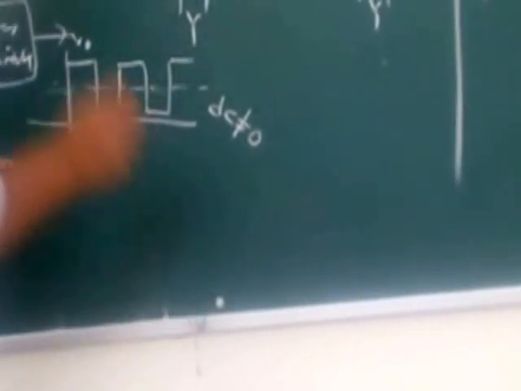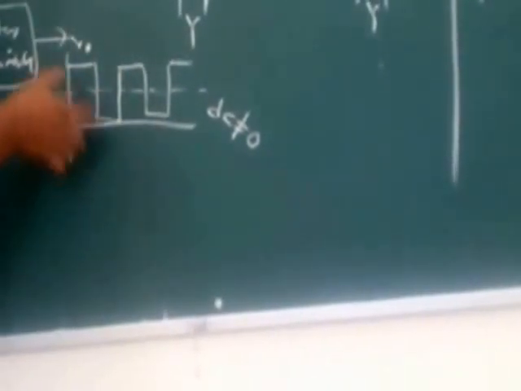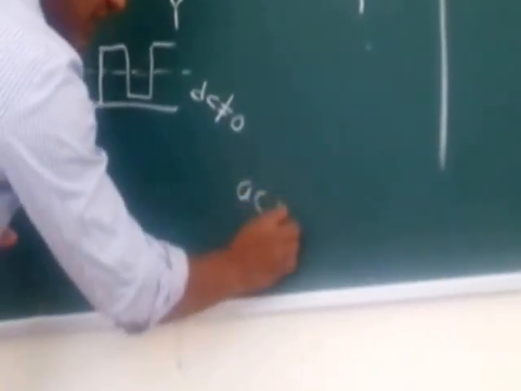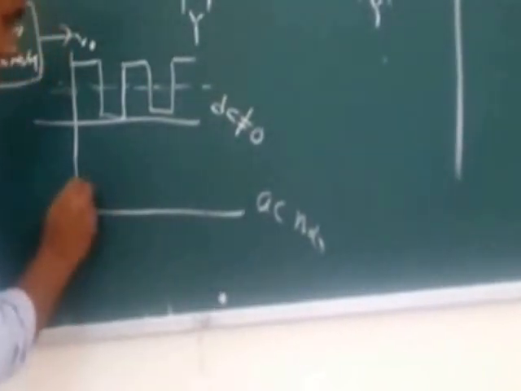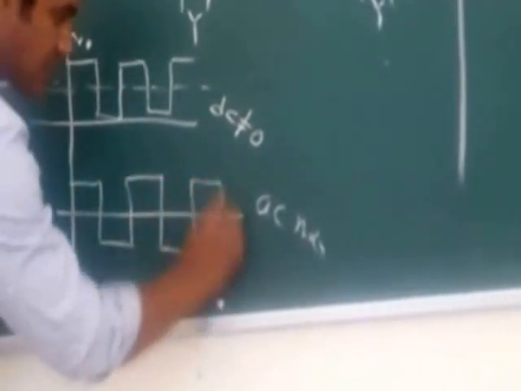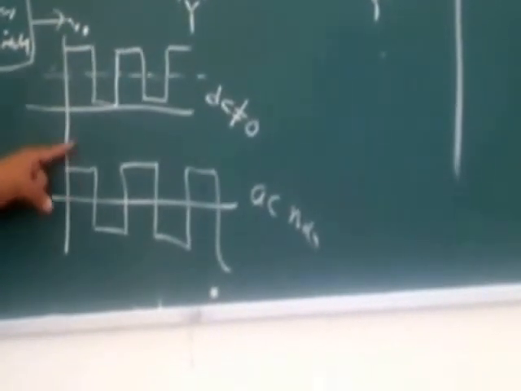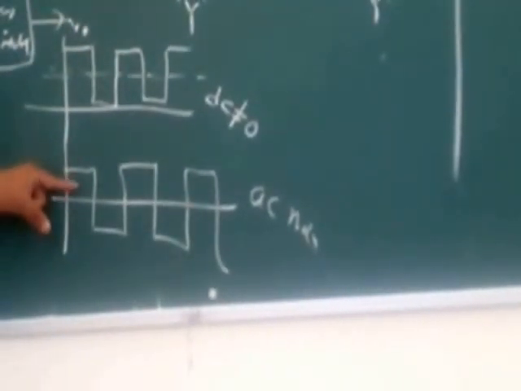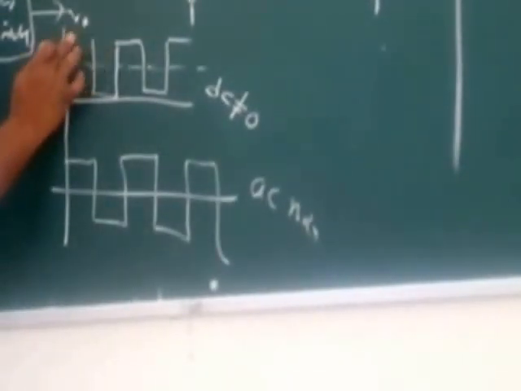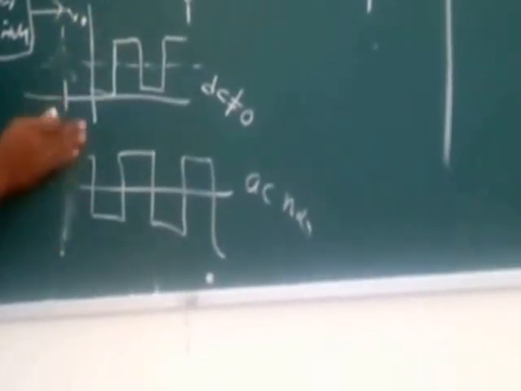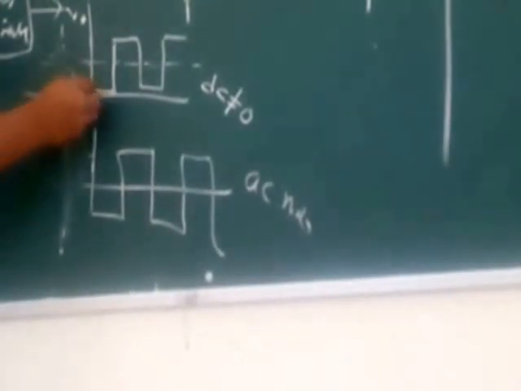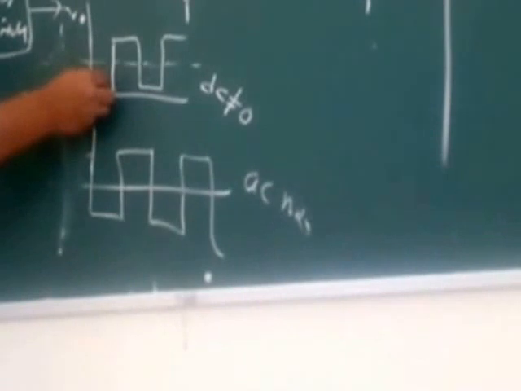What is the advantage of DC mode? If you see the signal in the DC mode, you are going to get the same signal on the CRO screen, that is above the x-axis only. But if you see the signal in the AC mode, then the positive portion and negative portion will be equal. This is wrong also, because whenever the transistor is going to the cutoff region, actually for this position it will go into the saturation region. So we will get output like this, starting from here. Whenever it is going to the saturation region, low voltage will come. Its voltage is compressed at 0.2 volts only for a silicon based transistor, but here you are going to get negative voltage when you put it in AC mode.